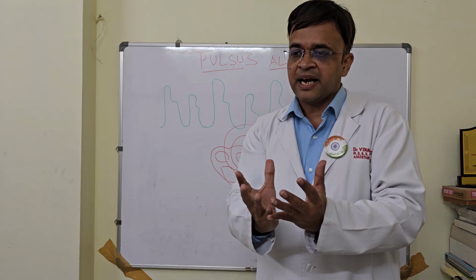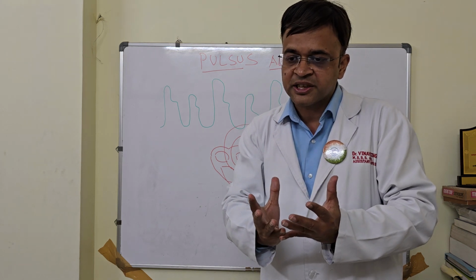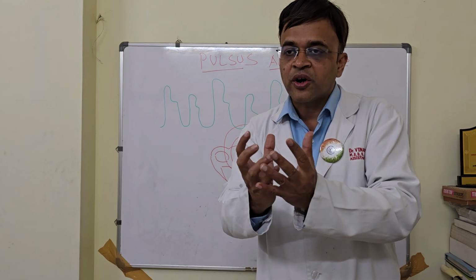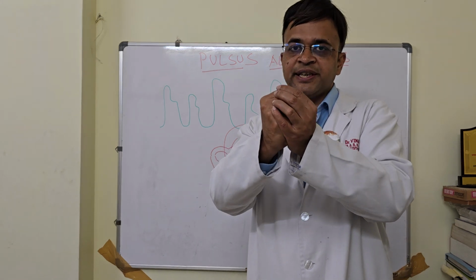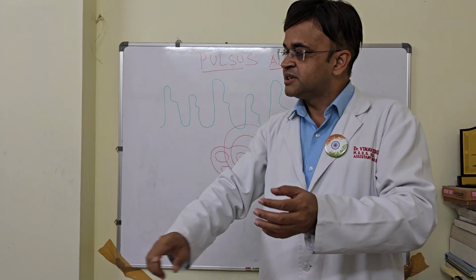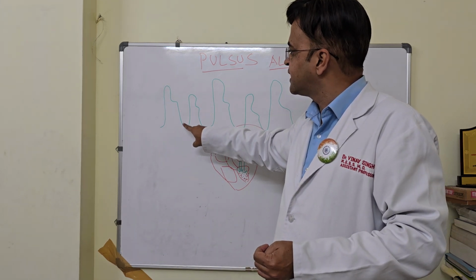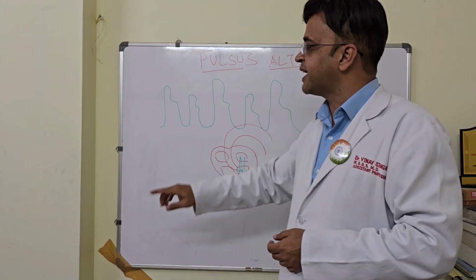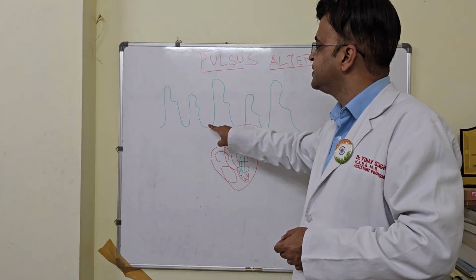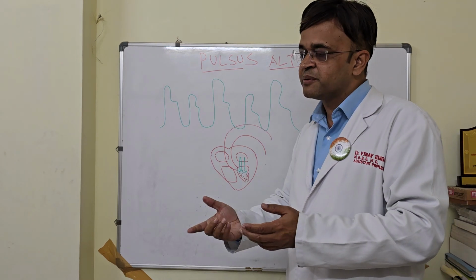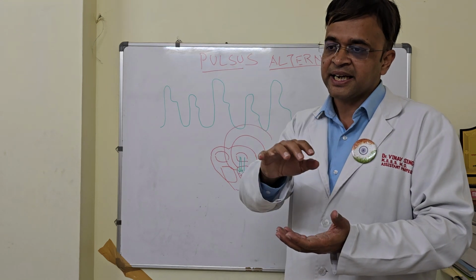Frank-Starling law: because of this expansion, they are going to contract forcefully, and that forceful contraction will give you the tall pulse. After that, because of complete emptying, you will again get a weak pulse, and because of the weak pulse,